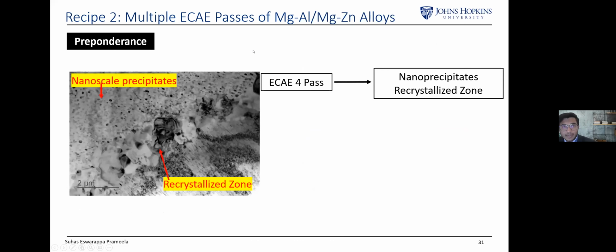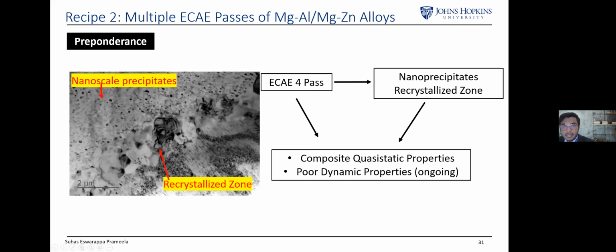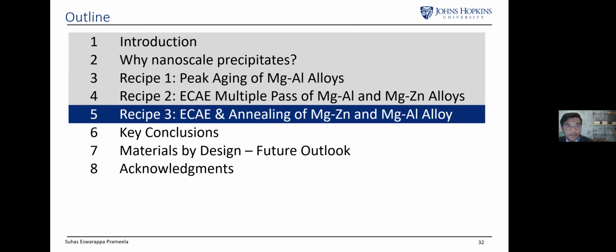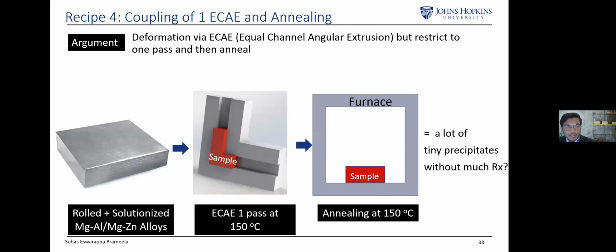So in terms of summarizing this design recipe, the multiple passes of extrusion really produce this bimodal structure of nanoprecipitates and recrystallized zone. And it gave us composite quasi-static properties and very poor dynamic properties, which are still ongoing. And so in some sense, this preponderance fits, right? And one thing to note here is during the processing, we were getting a significant amount of deformation during the processing itself, right? So I want to show you the design recipe that was really successful,